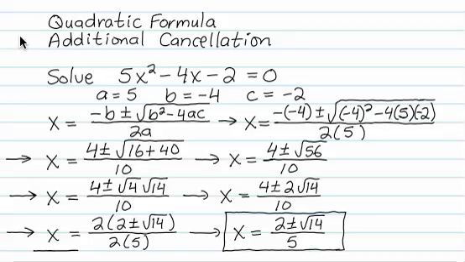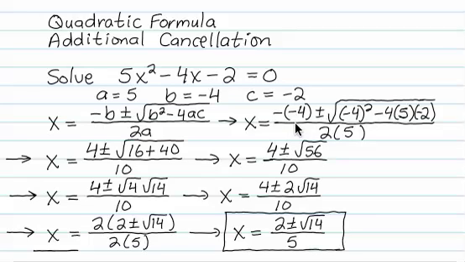Let's look at a quadratic formula where there's some additional canceling after we simplify the radical. Solve 5x squared minus 4x minus 2 equals 0. A is 5, B is minus 4, and C is negative 2. After I write the quadratic formula and insert the values with parentheses to protect myself from losing the signs,